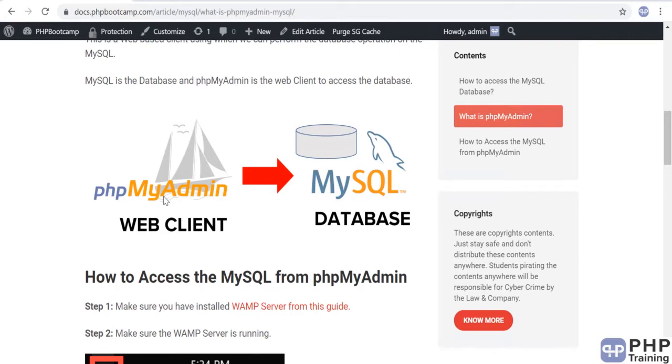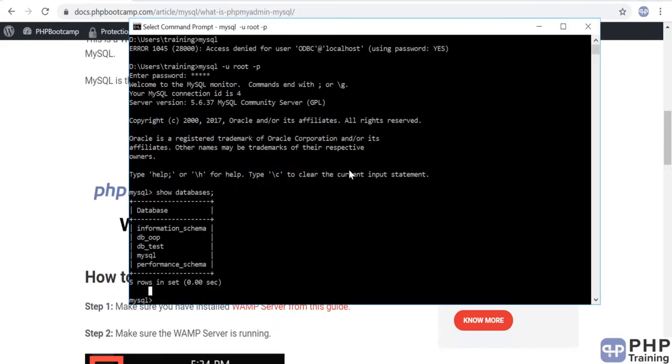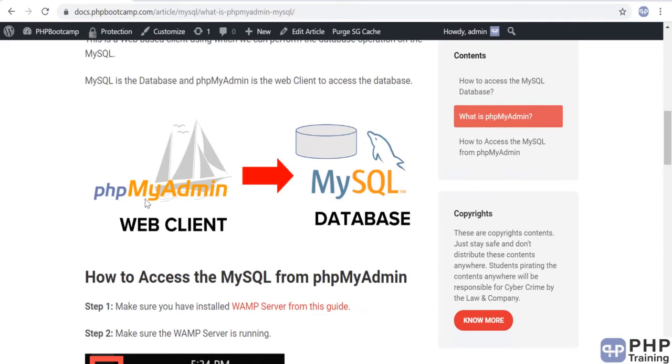It's a software, a UI or a dashboard, or you can think of it as a website which connects to your database. Your database is MySQL. All the data and the data tables and everything is stored in MySQL, and phpMyAdmin is just a UI in front, via which you can access your database. If you directly want to access your database, this is how you do it. But if you want a software to do it, you can use phpMyAdmin.